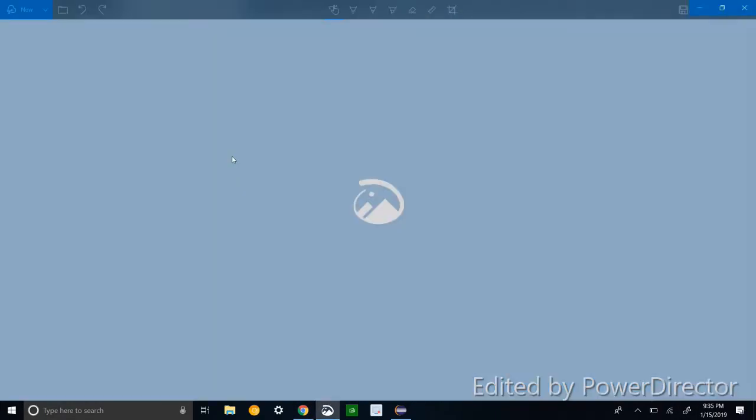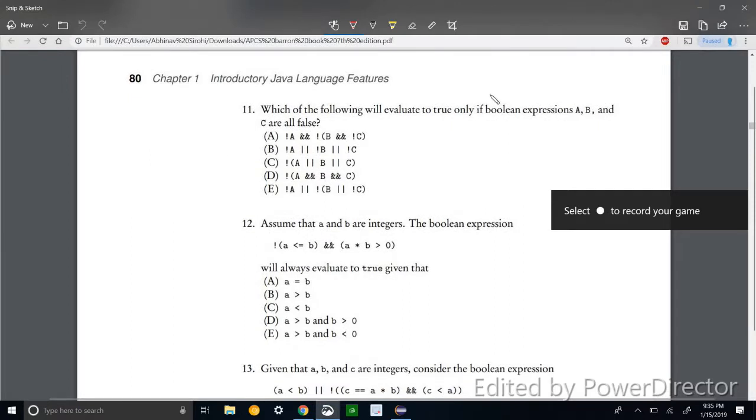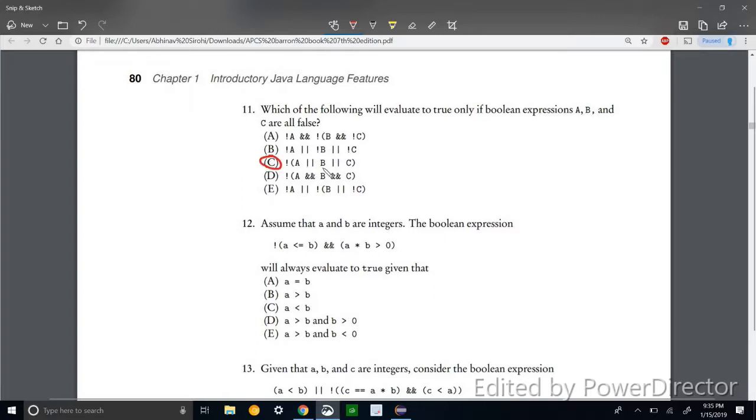Number 11. Which of the following will evaluate to true only if Boolean expressions A, B, and C are all false? So the only one here that will evaluate to true if they are all false is answer choice C, because even if a single one of these 3 are true,